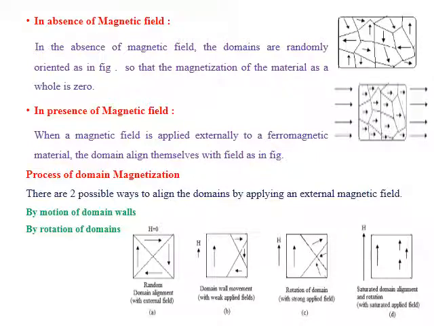The thickness of the domain boundary, or domain wall, depends on the variation of orientation between the two dipole moments. If you have a large variation in the orientation, you will have a thick domain wall, and if you have a slight variation in the orientation, you will have a thin domain wall. To make all these dipoles orient in a particular direction, we need to spend energy. The amount of energy we need to spend depends on the orientation. So depending on the orientation, the thickness of the wall is going to vary.